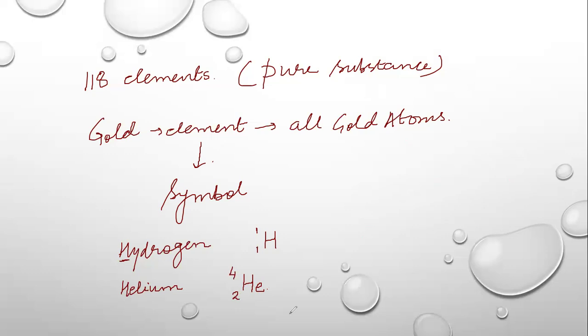Now, what do these numbers represent? Always remember that the smaller number written with the symbol is representing the atomic number of the element, and the bigger number is representing the mass number of the element. So the atomic number tells us how many protons are present in the nucleus. So it tells us about the